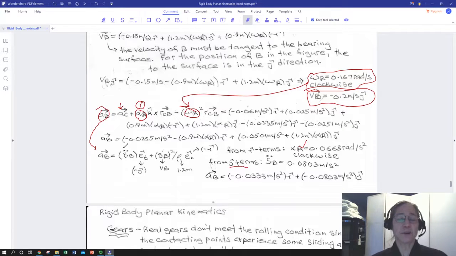Acceleration of anything going on a curved surface is going to have a tangent component, which in this case at that one point is in the negative j direction, and then it's going to have a